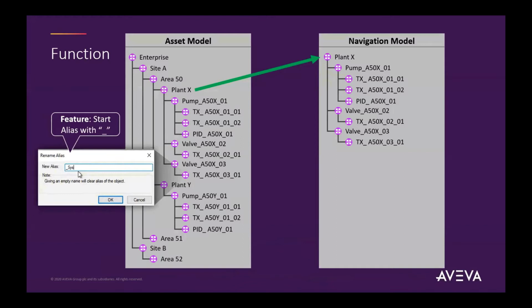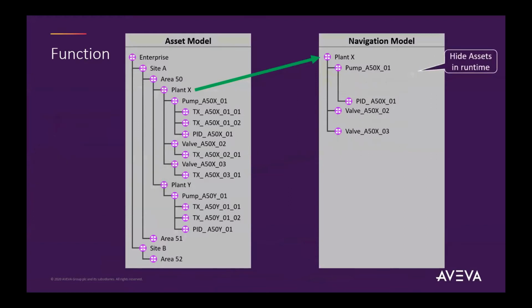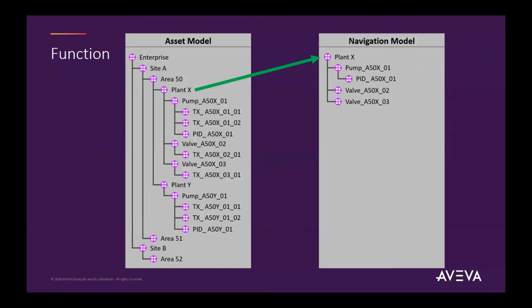In 2020, we made it so that if you change that to start with an underscore, what's going to happen is in my navigation model, it's going to gray out the ones that have those underscores in front of the alias names, and in runtime, it's actually going to hide them for me. So this allows me to go and build a nice tight navigation model that doesn't really have all the things that I have in my asset model